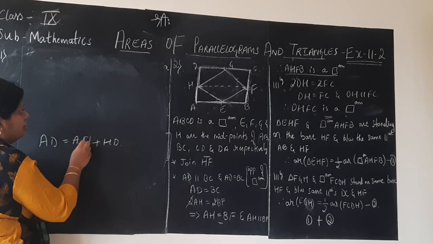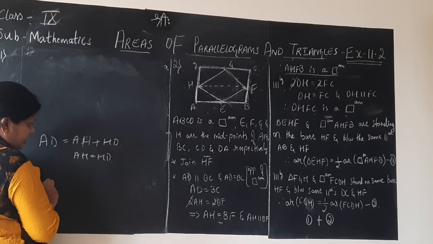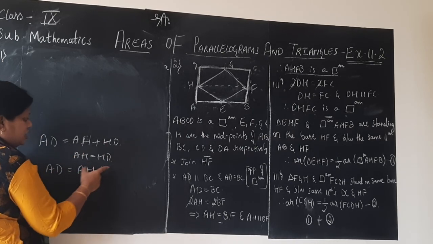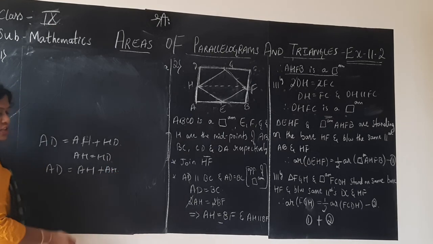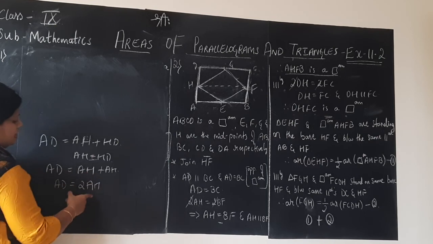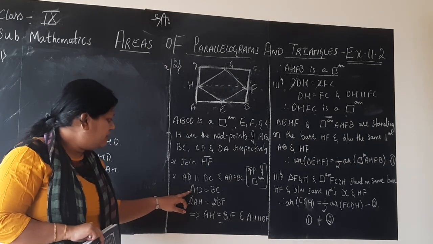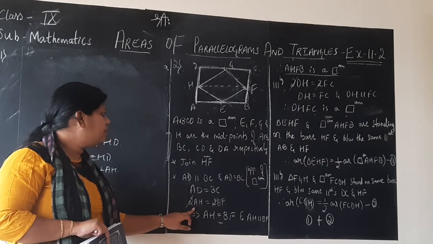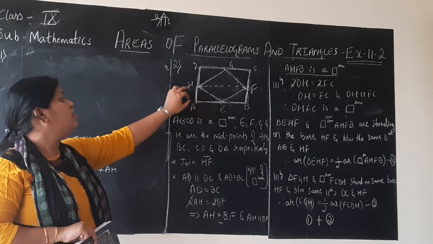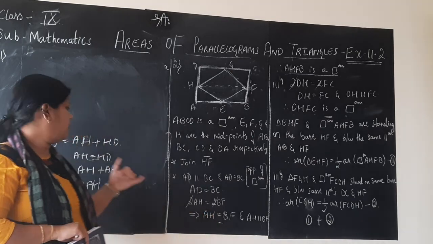We know AD is AH plus HD, and AH is equal to HD, so I can write AD as AH plus AH. HD also I will replace by AH. Why? Because they are equal. So in place of AD, I write AH plus AH, which is simply 2 times AH. That is what I have done. So I have replaced AD by 2 times AH. For the time being, I am considering the second half of the figure. I already said, so I am writing it in terms of AH for now.